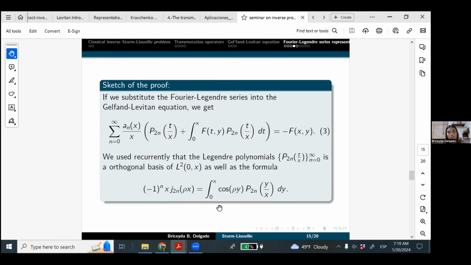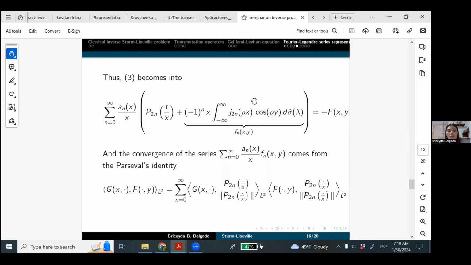So we can use this expression and combine it here, using a kind of Fubini theorem, because we have an expression of f. We interchange the integrals, use this formula, and we reduce this expression into the following one. We will have an expression like this. And this second term that appears here on the left-hand side is exactly the function f sub n that we defined in the statement of the theorem.